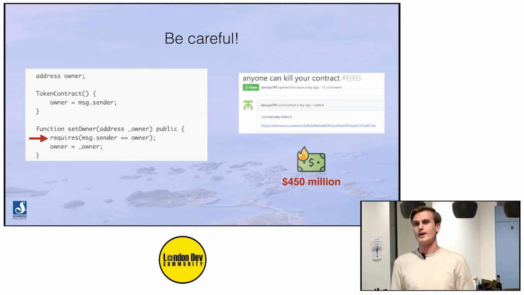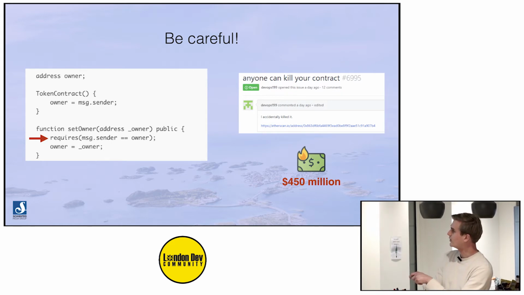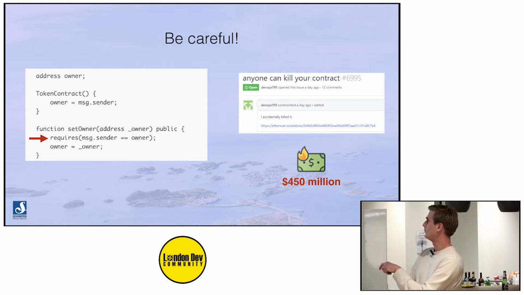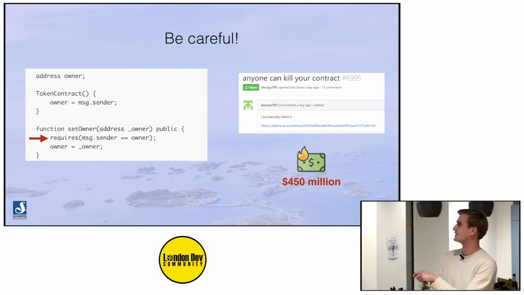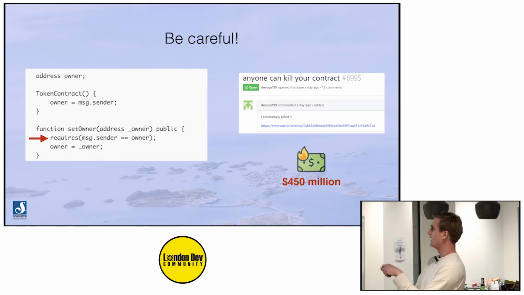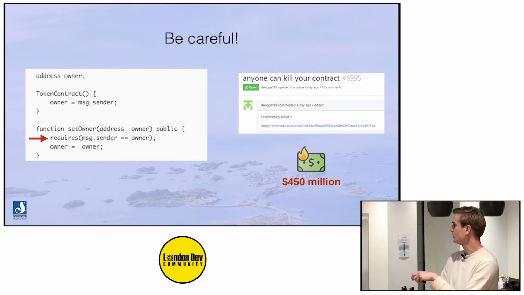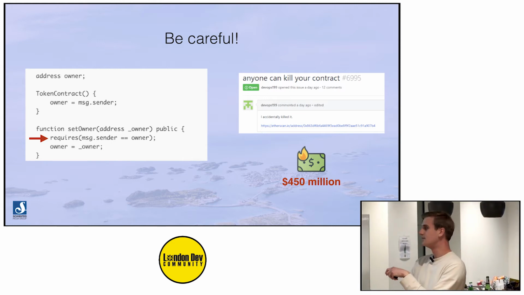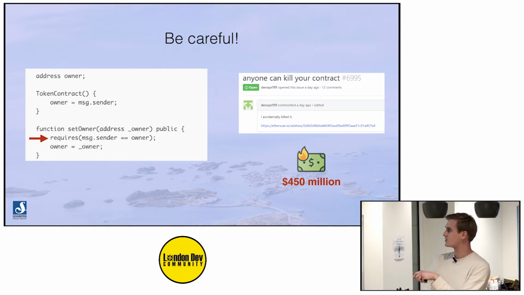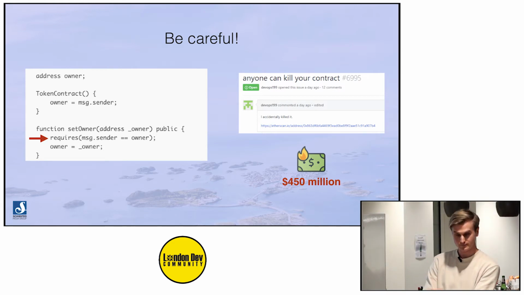Okay, but you have to be careful when you do these things, because this is an open system which anybody can access. Let's take an example. You set an owner of a contract with tokens, and say that's the sender, the account sending a message to this contract. If we have a function where you can change the owner, you need to require that the person sending the message is already the owner.